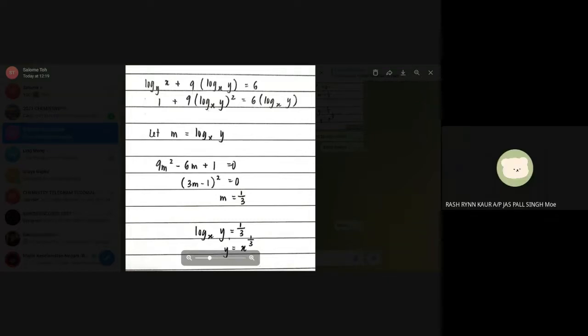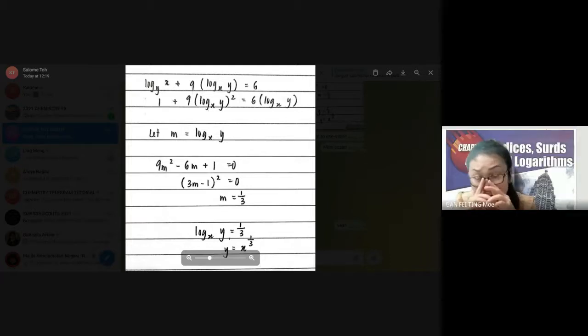Very good. And then I multiplied the equation, the log base x of y, to make it into a quadratic equation. So I let m equal log base x of y,